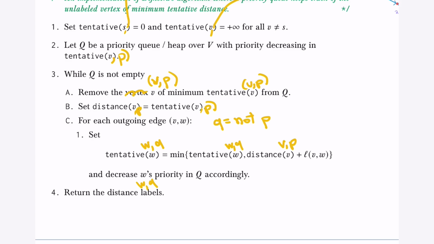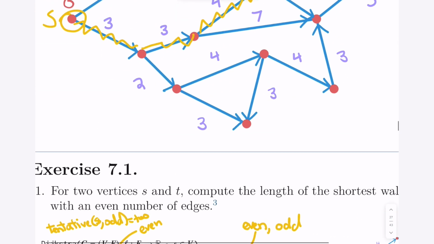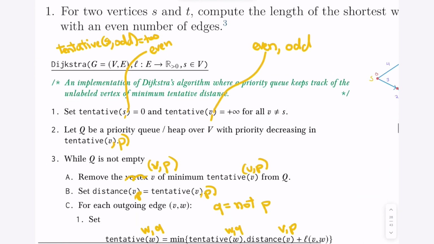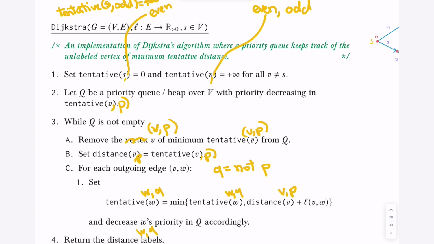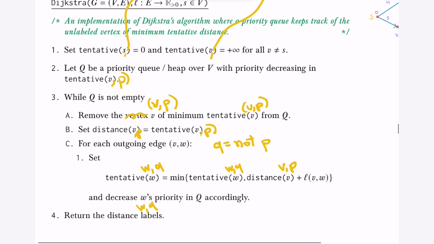So to prove this correctly, we'd kind of have to go through and retrace and roughly redo the same proof that we did for Dijkstra's. It's a little bit dull, but a new algorithm requires a new proof. Okay, so